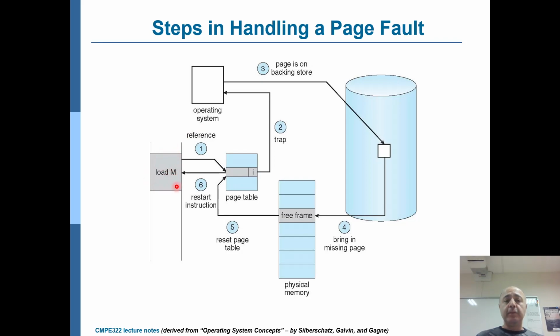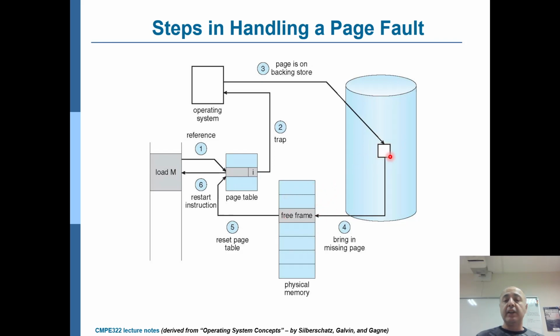So there was, for example, an instruction like load M, which had a reference to this specific page table entry, which was invalid. So this caused a trap to the operating system. The process was working, but the process caused a trap, so the process is suspended. Now the operating system is working. The operating system realizes what the problem is. It goes to the backing store, to the swap storage, finds the correct page there,